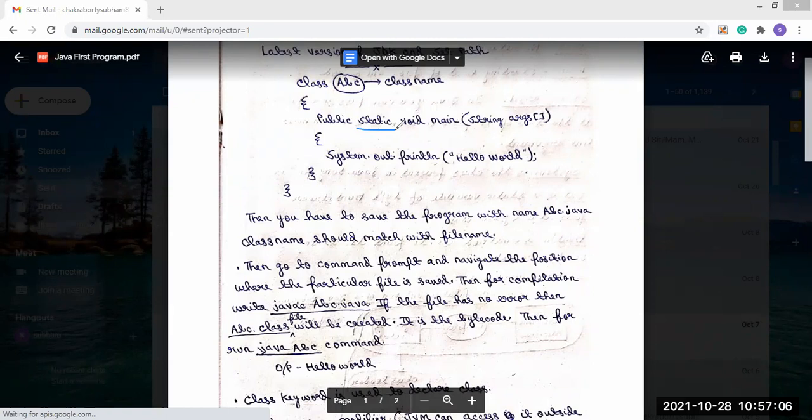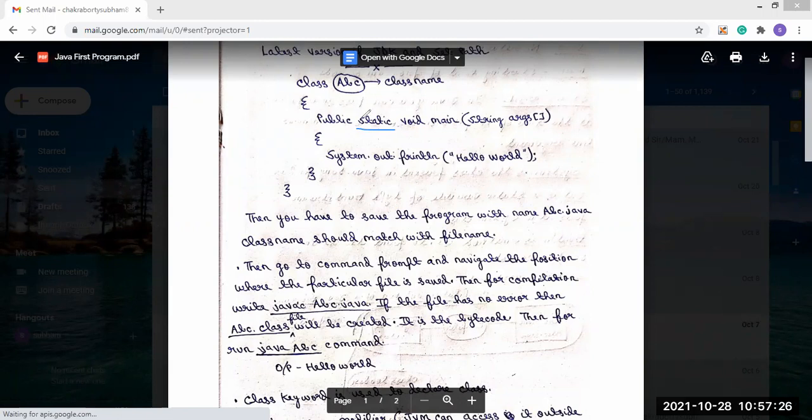If we use the static keyword, the method can be accessed without creating the class object.